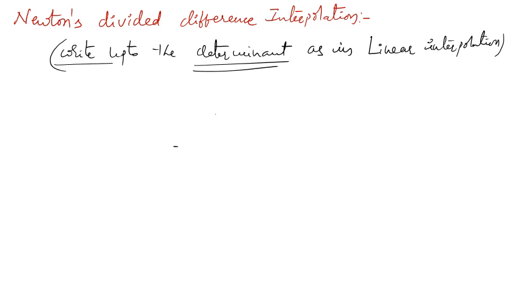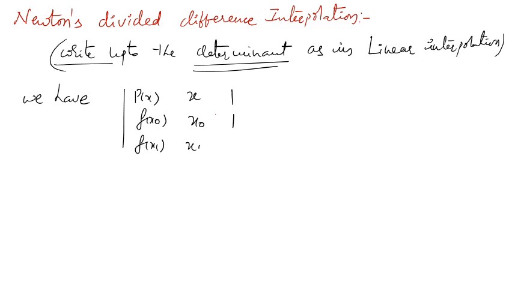What is the determinant? We have P of x, x, 1; f of x0, x0, 1; f of x1, x1, 1 equal to 0, right? This is linear interpolation. From this one only we derived Lagrange's interpolation as well as iterated linear interpolation. Now using the same determinant, we are deriving Newton's divided difference formula. How is it? See,